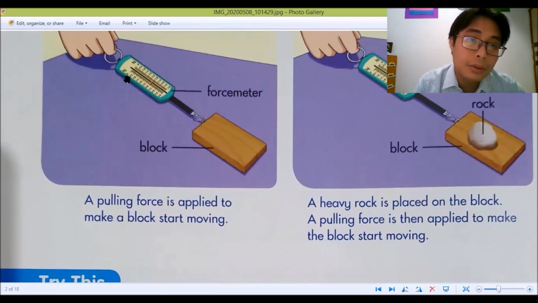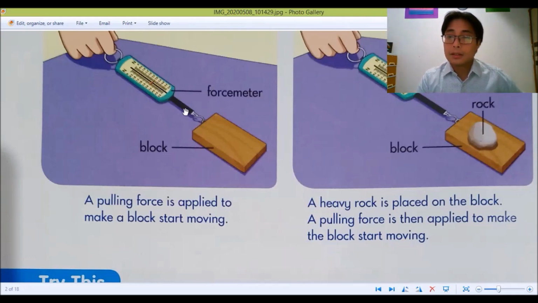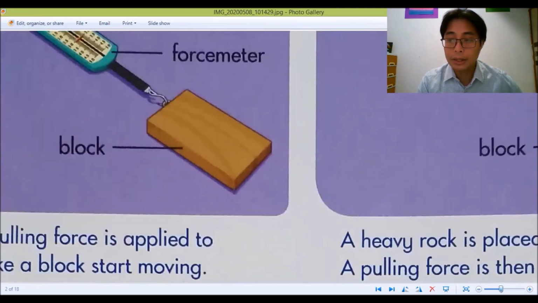Here's 0, 0.5, 1, 1.5, 2, and then we have 2.5 and then 3. So here the force is 3 Newton, but when we put another thing on it,